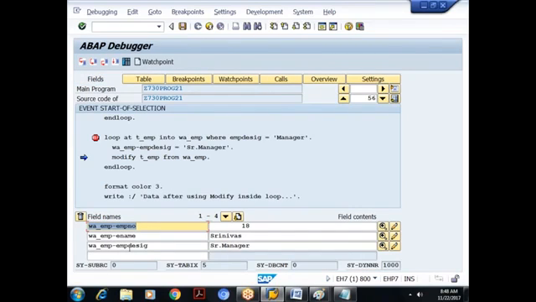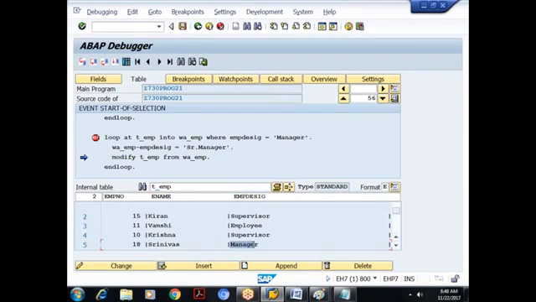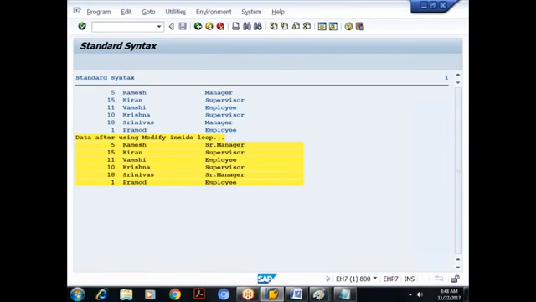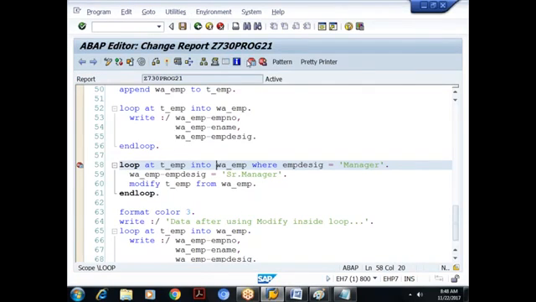Next what? Designation is what? Senior manager. Here what is this? There is a change. So what will it do? It has to update the body row. So when I say F5, yes, it got modified to what? Senior manager. Am I clear? So output is working fine. Output we are getting.